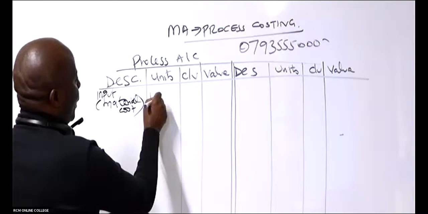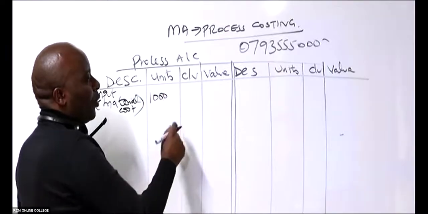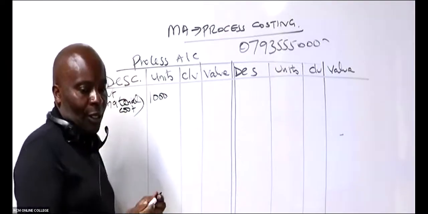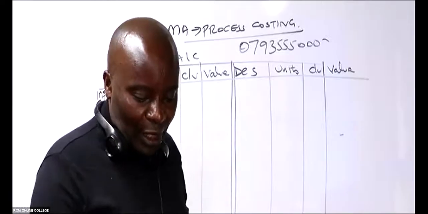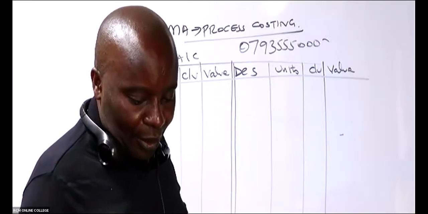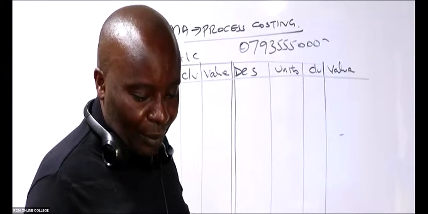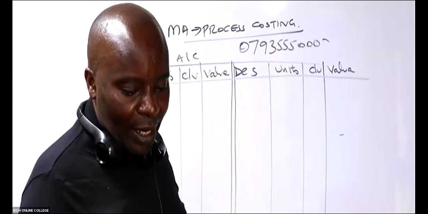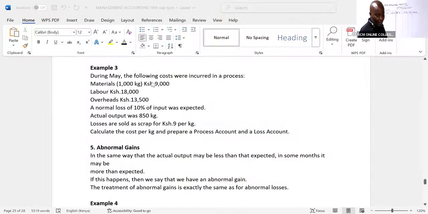So 1,000 units. And what is the total value of these 1,000 units? There are 1,000 units, ladies and gentlemen. You can see they are here, costing 9,000. The value is 9,000. So remember, once you brought in the main material,